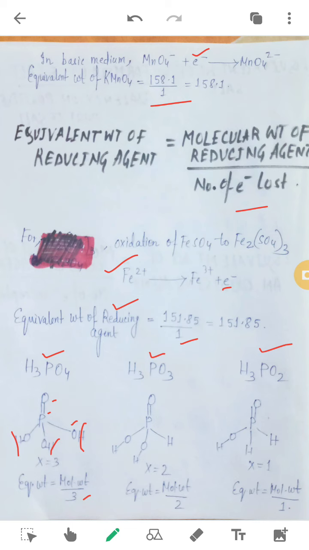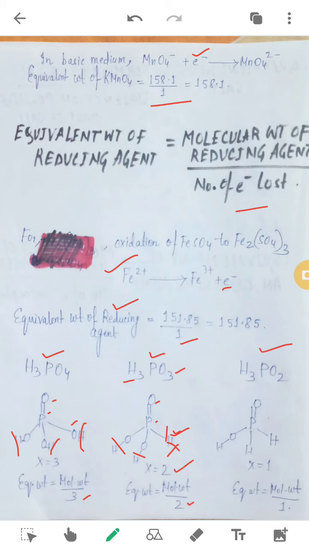But for the next one, H3PO3, by instantly looking at the molecular formula, you may think that yes, there are 3 H, but that's not so. In the structure, you can see that phosphorus is doubly bonded with oxygen, and then you have 2 OH groups this way, and this H is directly bonded to phosphorus. Hence, phosphorus is not electronegative enough to release this H+, so this hydrogen is not furnishable. Only these two H+ are replaceable. Hence, we get X equals 2, that is, the basicity equals 2.